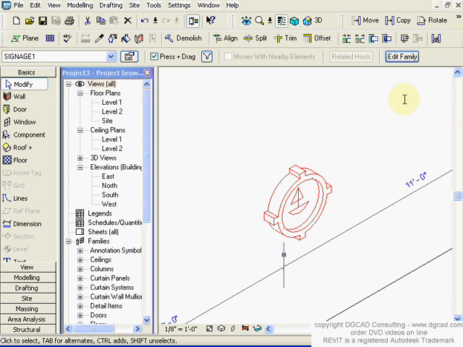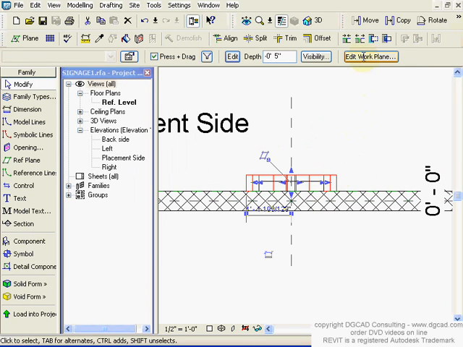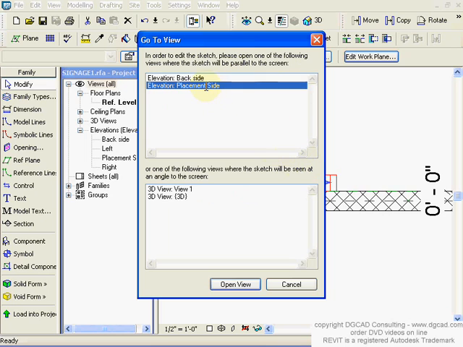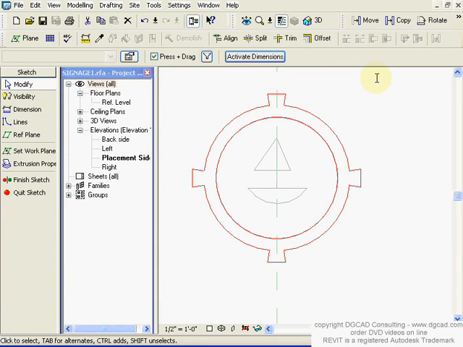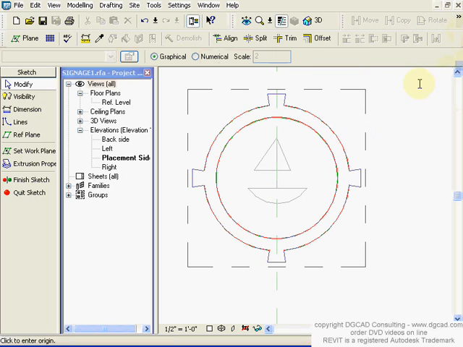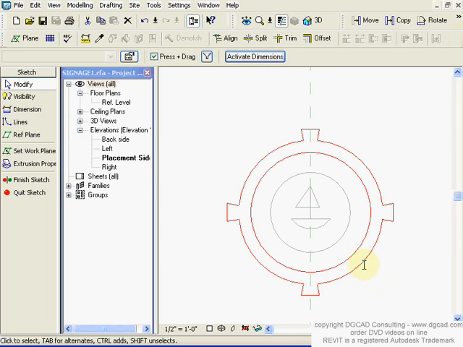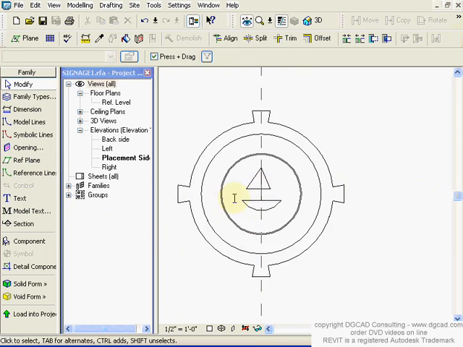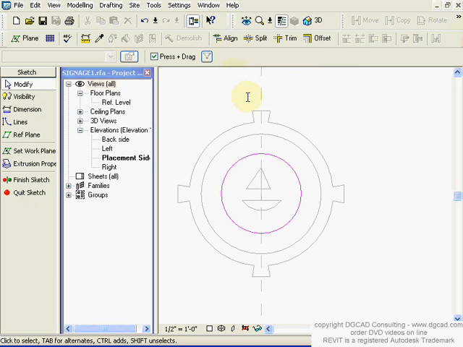Okay, I cannot go in now and resize this. Okay, if I want to make this a different size, I'm going to go in here and I'm going to pick edit the family, and I'm going to go inside of here and maybe pick on this and actually go into the sketch, look at it from the placement side, and then I can perhaps grab these objects and go into here and say resize, numerically by 1.5 times, and then click the center and it'll go 1.5 times the size of that, and then I can finish my sketch,